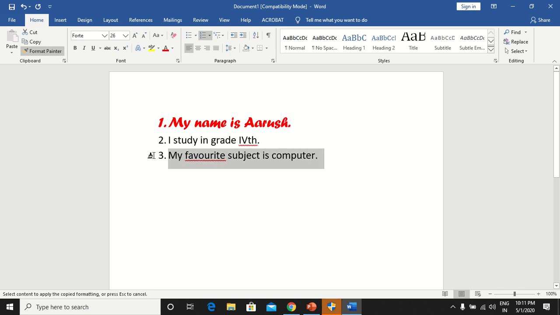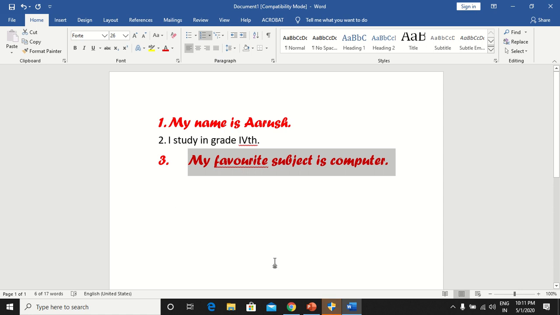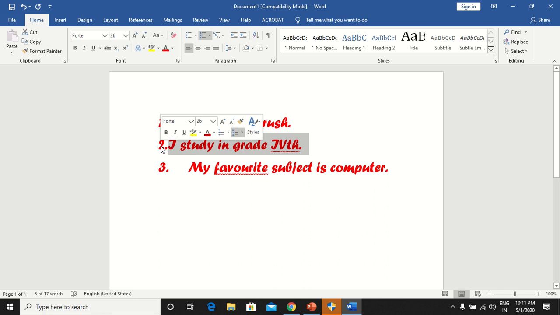Now I will select the third line. Now whatever I have selected, it has changed its style. So you can see it applies the text formatting. This feature we call Format Painter. Or I can select the whole line, select the Format Painter and select the second line. Now you can see this is the use of Format Painter. My content has not changed. It has changed the style. All the formatting has been converted.